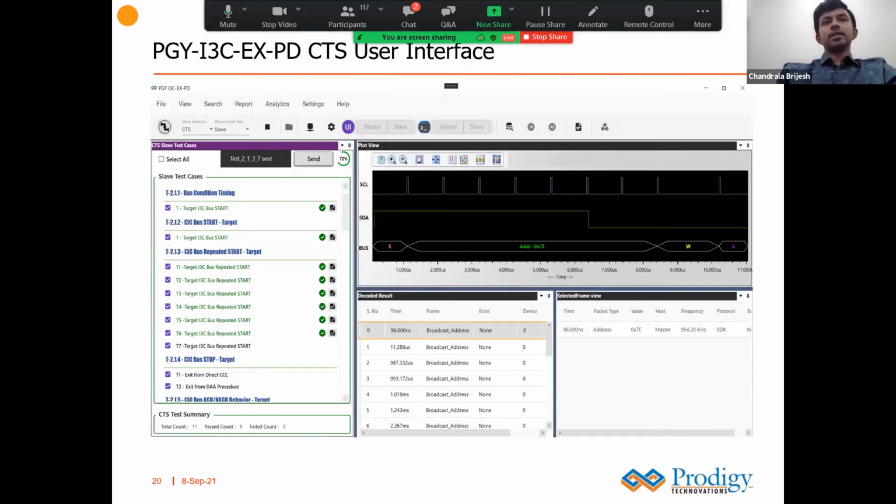Okay, so now this is our CTS user interface. As you can see here, we have selected the mode as CTS, and the device under test is slave. So it is like an external slave we need to test. All the test cases we need to generate from our controller or master. You can select multiple test cases. In this UI we have selected 11 test cases, and once you press send, it will show the status of how many